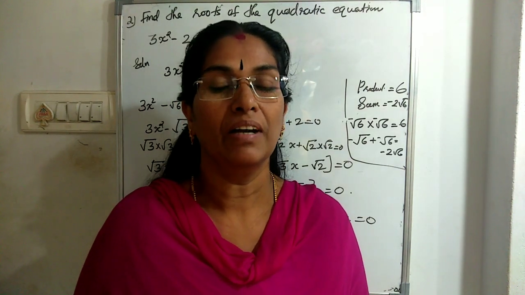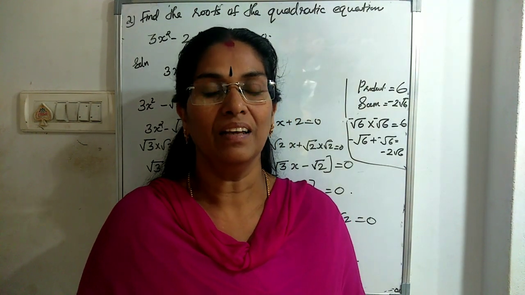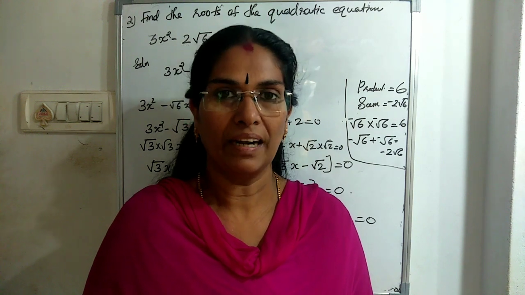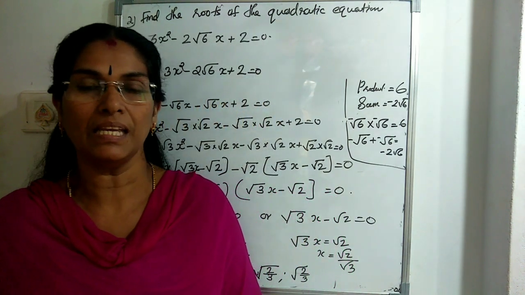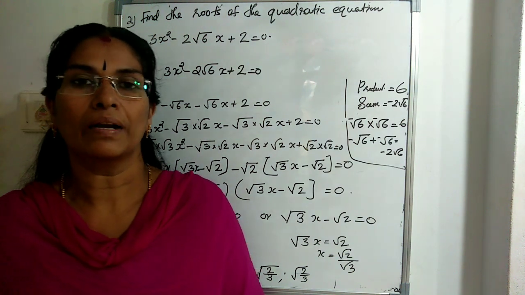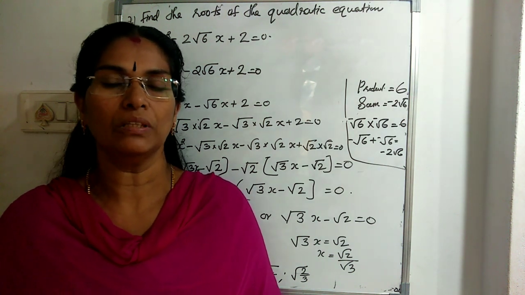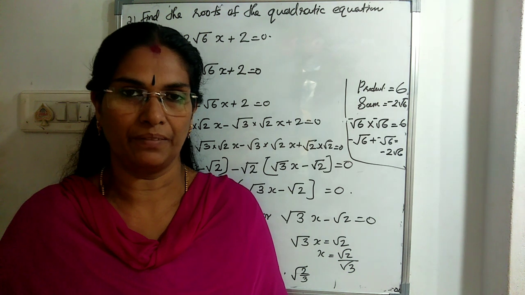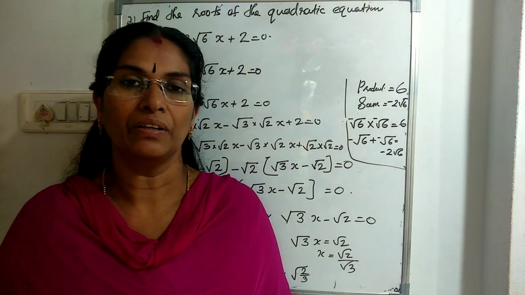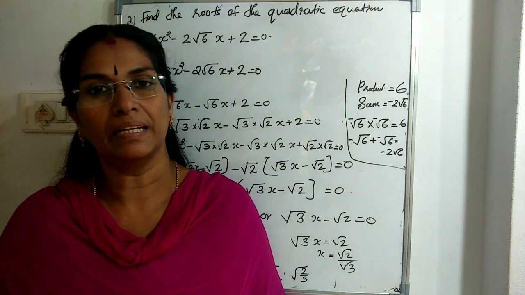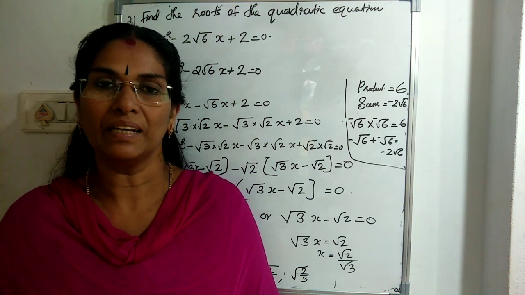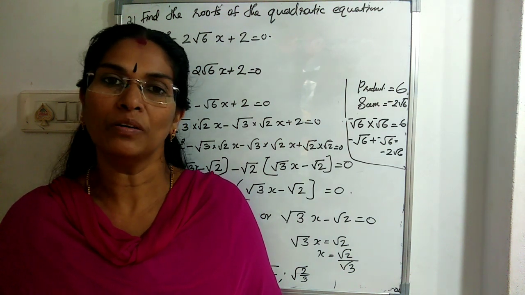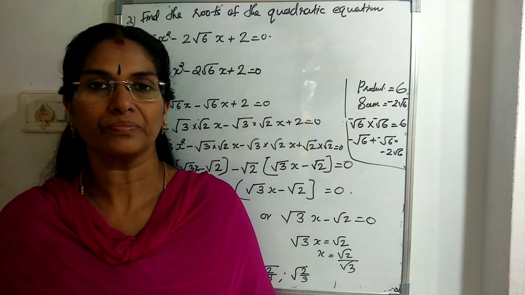Okay, what did we learn today? We learned it is a quadratic equation, in the form ax² + bx + c = 0. A quadratic polynomial equated with 0 gives a quadratic equation. After that we checked whether the given question is a quadratic equation or not. There we used all the algebraic identities, so we want to know about the algebraic identities also.